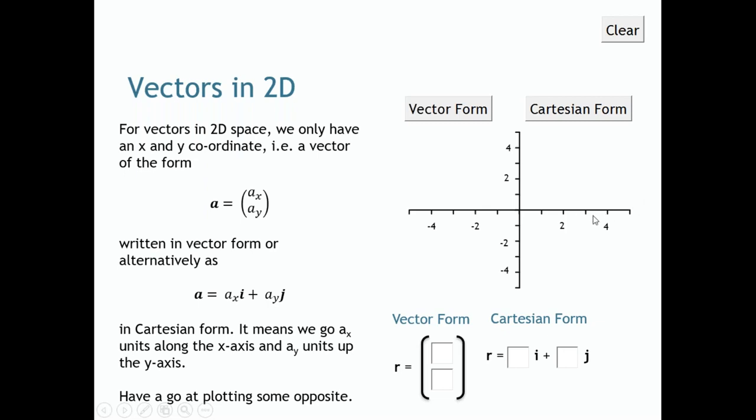Don't forget that from the Cartesian system I showed you, we have our x-axis. i is the unit vector along the x-axis, and j is the unit vector along the y-axis. So a equals axi, in the x direction, plus ayj in the y direction. In Cartesian form, this is telling us that we go ax units along